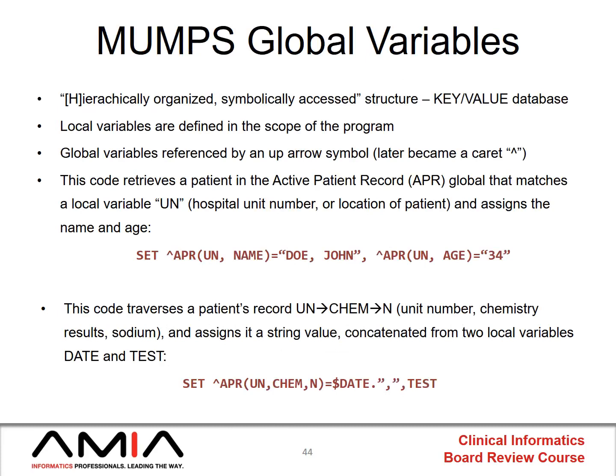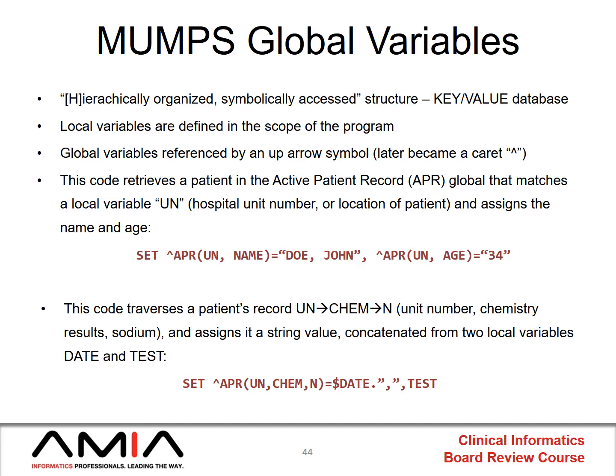So let's talk about this MUMPS global variable a little bit. In the original manuscript, Greenes and colleagues recognized they needed a hierarchically organized, symbolically accessed structure that was organized in key value pairs. They wanted to allow for local variables that were unique to that program, but also a global variable which would allow you to look up patients from a master database, essentially. So this global patient array